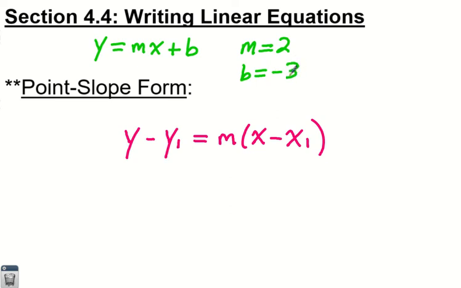What's the equation? Well, if these are the ingredients you're given, M and B, then you're just going to throw those numbers into this form and you'll have an equation just like that. But you're not always given these exact